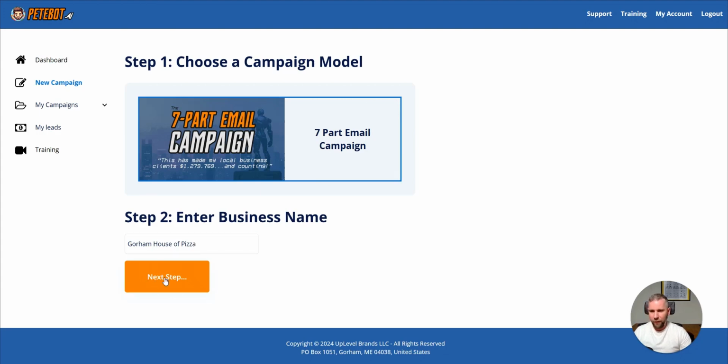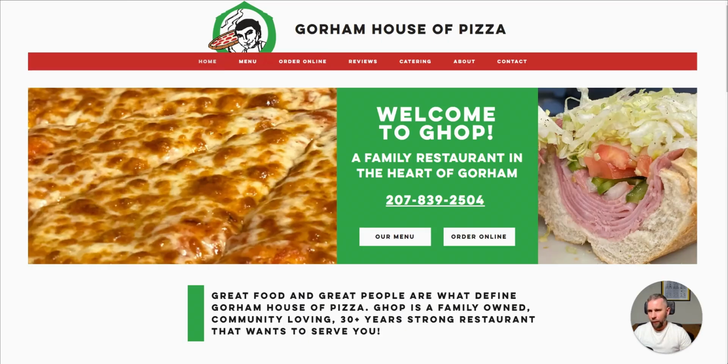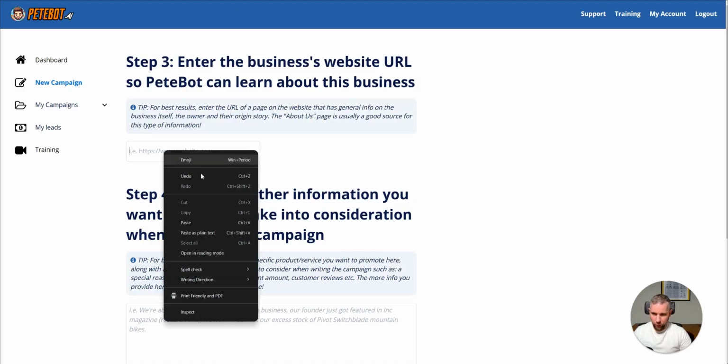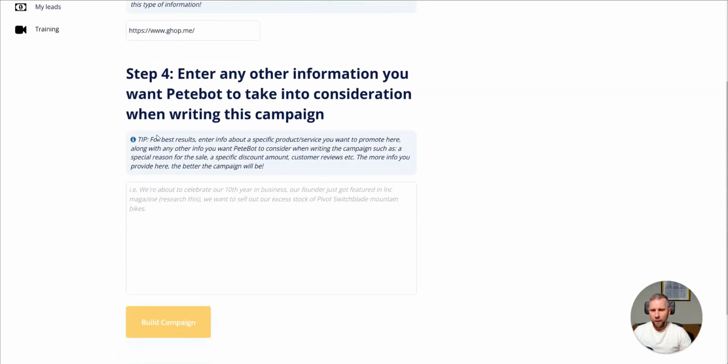Gorham House of Pizza. I'm going to click Next Step, and then I'm going to paste in their website URL so that PeteBot can go visit their website, read through all the content and determine how we're going to promote this business and what we're going to promote, etc. And in this box here, I can enter additional information that I want PeteBot to factor in when he's creating the